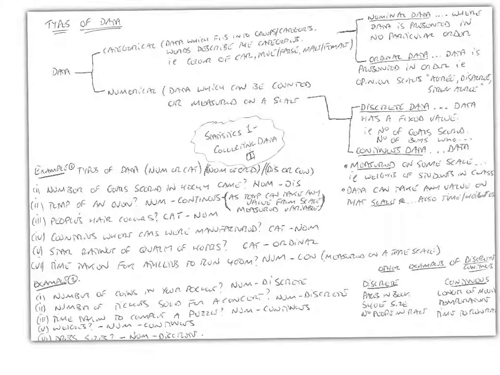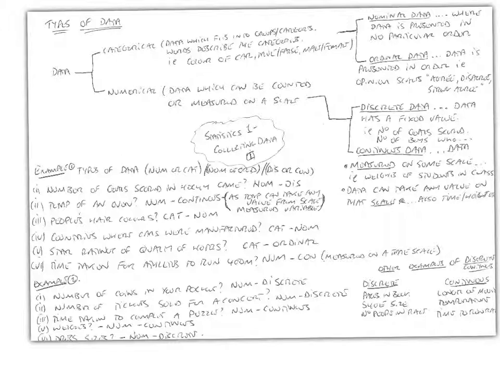Institutions and businesses collect data so that they can analyze the data and make informed decisions about where they're going to go next with their products and ideas and inner organization. Before we look at how they collect the data, we'll just look at the types of data that they might